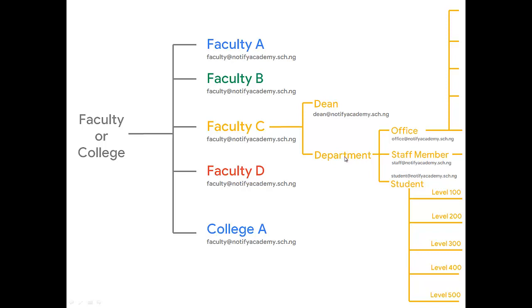Departments will have a head, like the head of department, and then the staff, all of them will have their accounts under this category of this tree here. Then the office here. Then the staff members, whereby the HOD and the rest. Then also the students in that department, you have them here. Then you can further categorize them into levels, depending on where they are on their various journey,